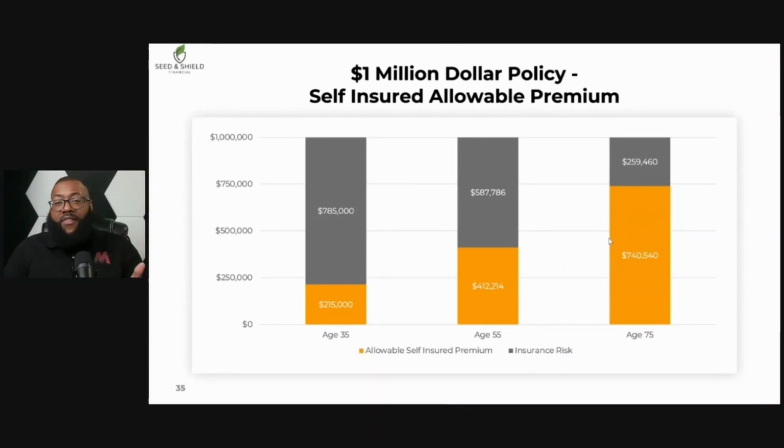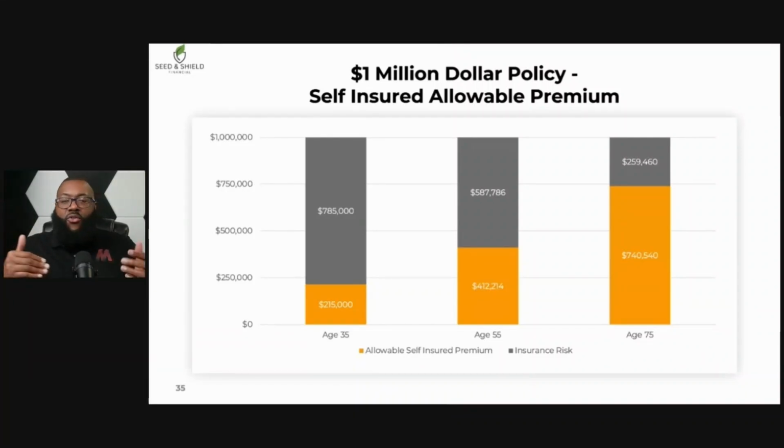Whereas someone who's 75 years old is contributing money to this policy, but the majority of that is their money. They're self-insuring themselves for the most part. And this $740,000 could be a strategic rollout that this person might have in an IRA somewhere, and they would say, "Hey, Moses, I would love to move my money into an IUL where I can access it tax-free, penalty-free, and I can also give it to my beneficiaries with no issues, tax-free as well." So this is just to illustrate that there's a solution for any person at any age.